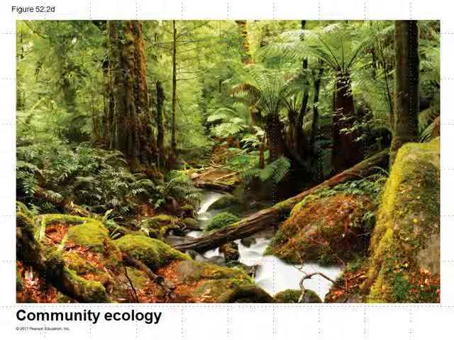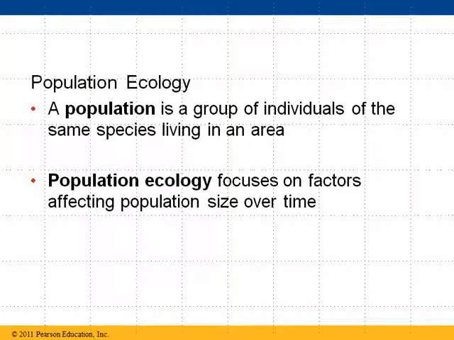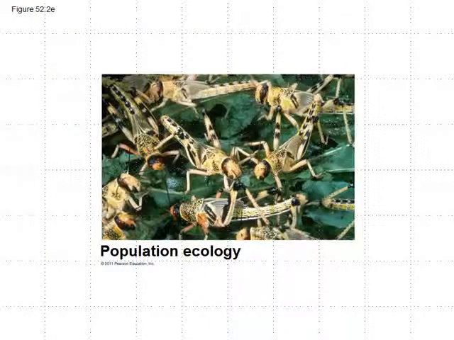We could look at a particular population. A population is a group of individuals of the same species living in a particular area. So a population focuses on one type of living creature. If we were going to go back to that Nebraska grassland, we would only look at, say, just the buffalo or maybe just the grasshoppers. So we're looking at one particular species, one group of those creatures that we call a population.